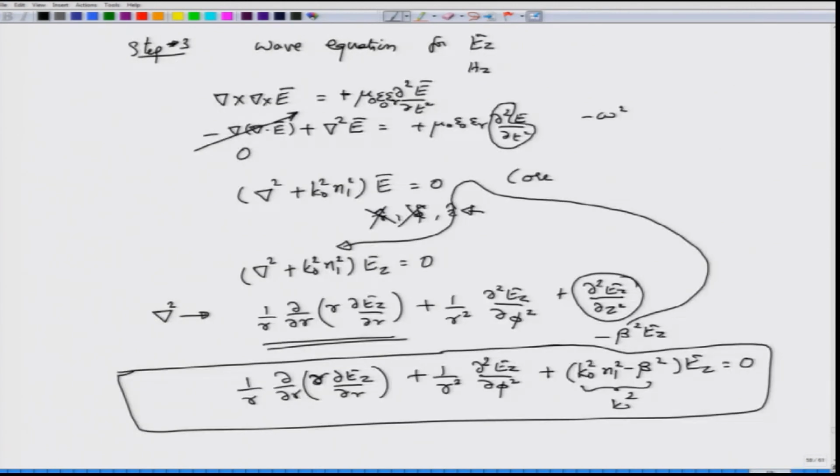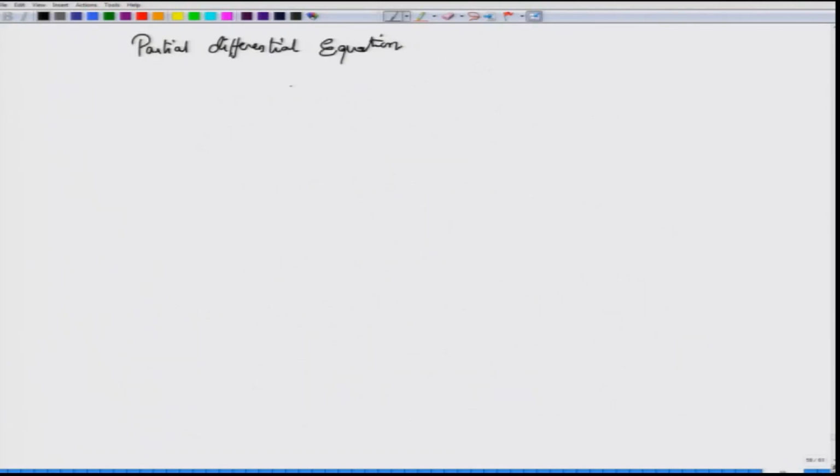This equation is what is called a partial differential equation. In the slab waveguide we converted the partial differential equation into an ordinary differential equation because of the one dimensional dependence of the mode fields. Here it is not possible for me to avoid the PDE because this is exactly a PDE, because there are two variables and there are partial derivatives sitting in this equation. The standard way, or at least one of the simplest ways to begin to see whether this PDE has a solution or not, is to employ what is called the method of variable separation,